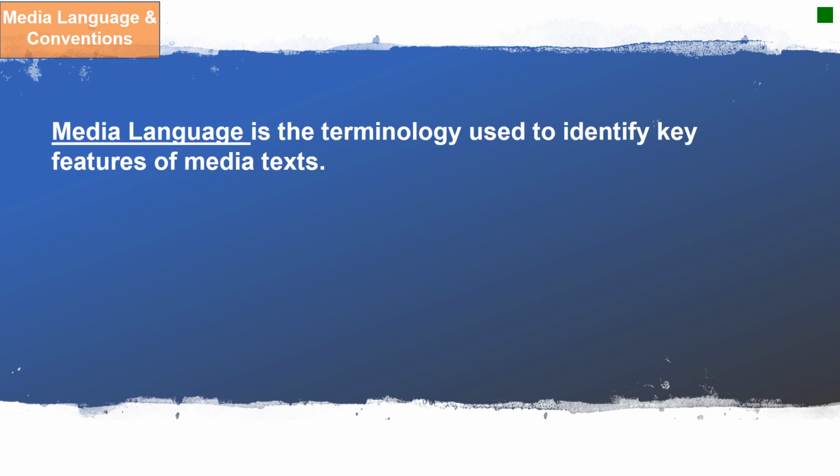So we're going to think a little bit more about how media language and conventions fit together. First of all, the starting point is that media language, the terminology, is used to identify features of media texts. So if we look at a front page of a magazine, for example, we will be able to recognise a name at the top of it, and the terminology used for this would be a masthead. There'll also be words with the articles that are inside the magazine on the front cover. We call these cover lines. So cover lines, masthead, dateline, price, barcode even, are all part of the terminology used to identify the features